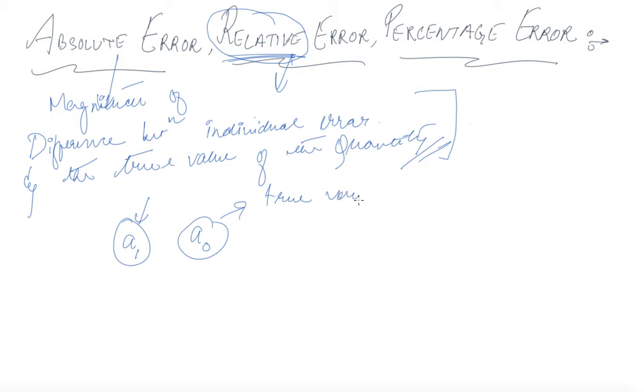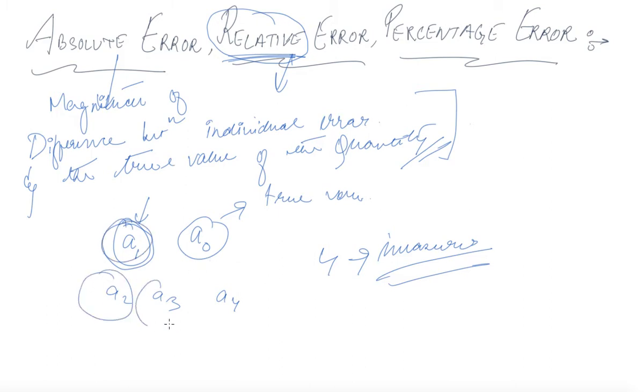Say these are my different values of A that I have measured: this is A1, this is A2, this is A3, this is A4 for my 4 measures. First time when I measure in different conditions, this is A1, second time A2, third A3 and fourth